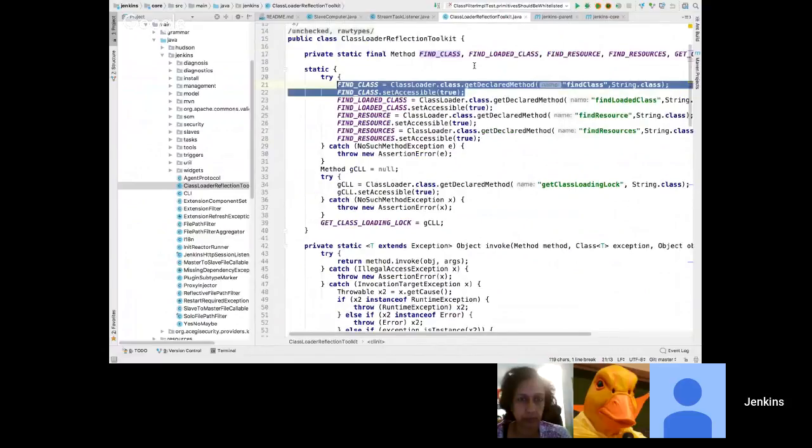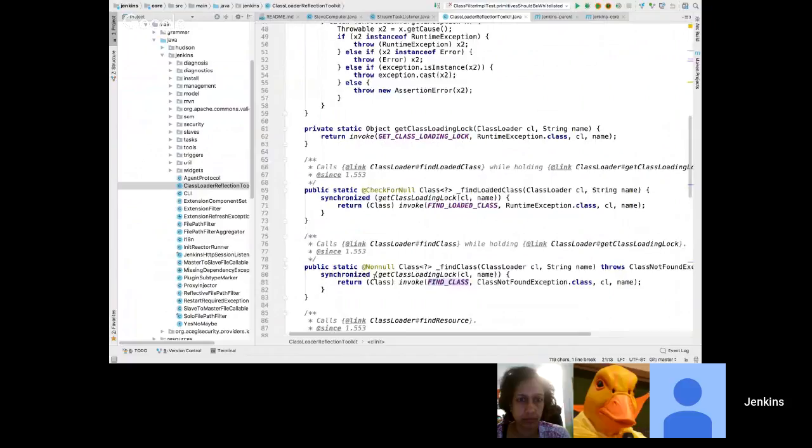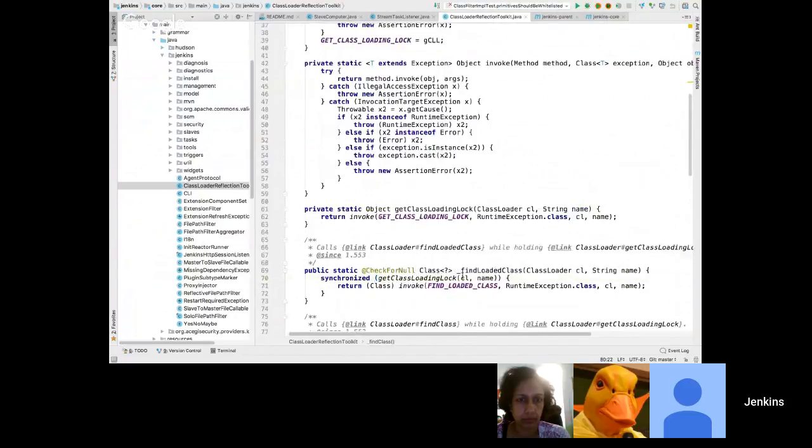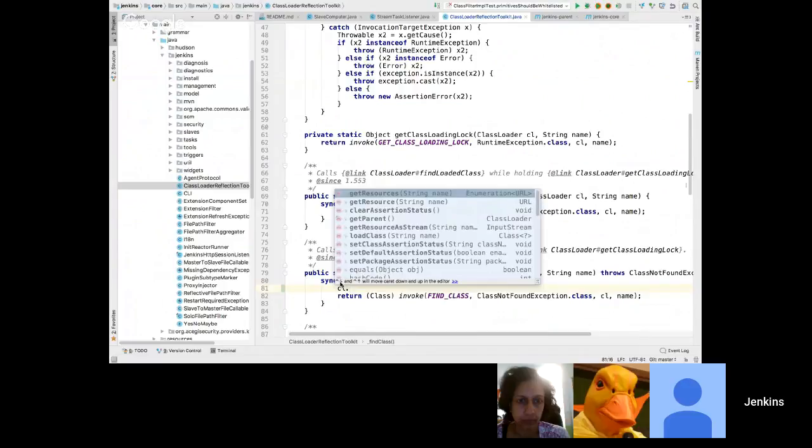So how do we approach that? We know that there is a find class method here, and I'm pretty sure that we already have it in the new API. So let's see. Invoke methods takes several parameters. In our case, we can try, for example, CL find.